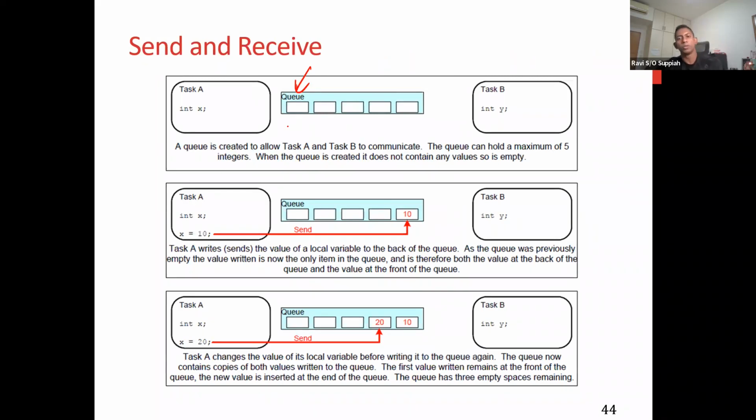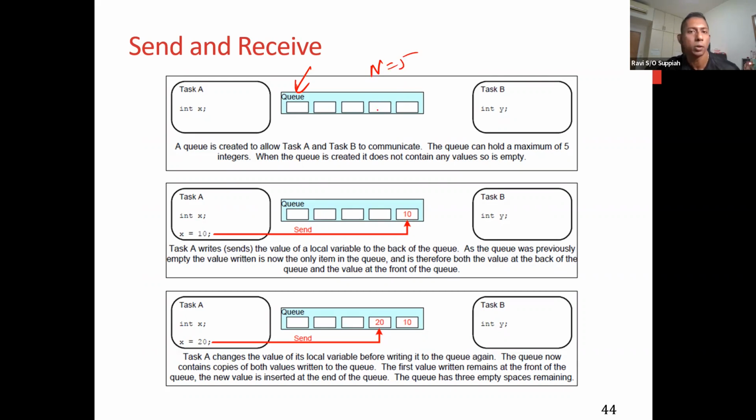You can think of a queue as a buffer, or just an array where you can store this information and send it across. Of course, when you send information through this queue, you don't need to populate the entire queue. As and when you send, the receiver can also progressively retrieve the data. So if I have a queue, like in this case, of size 5,